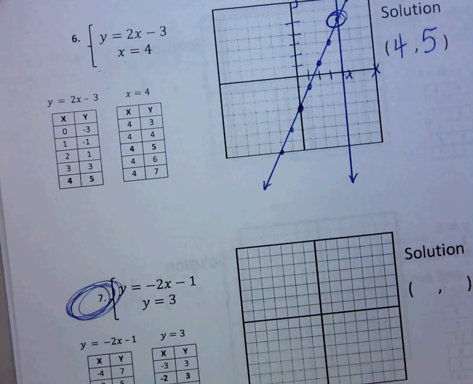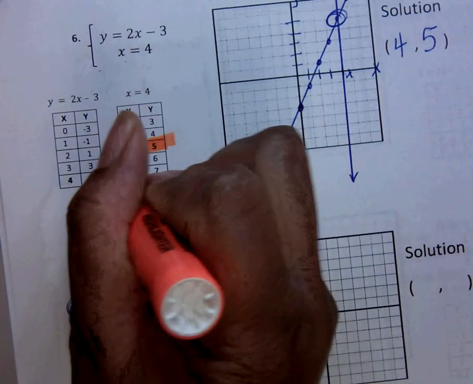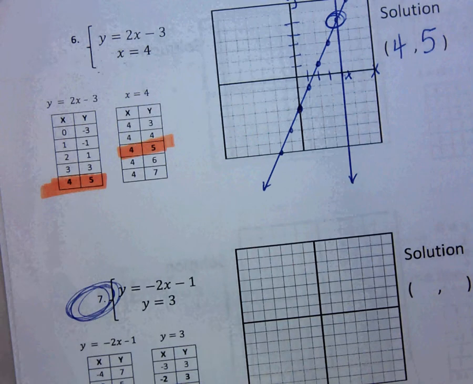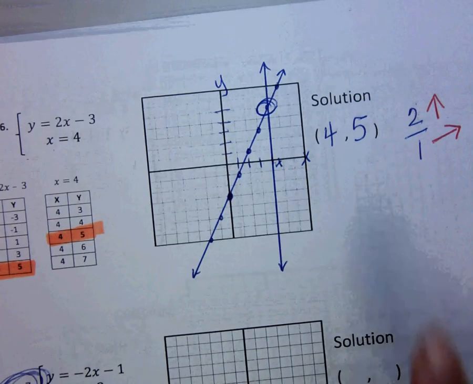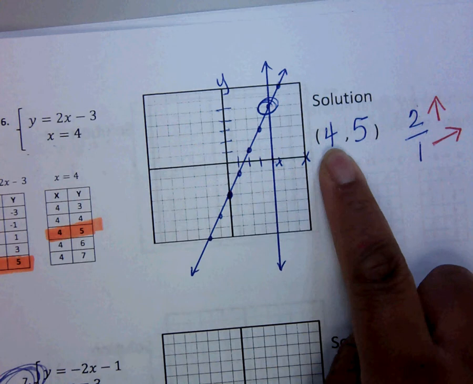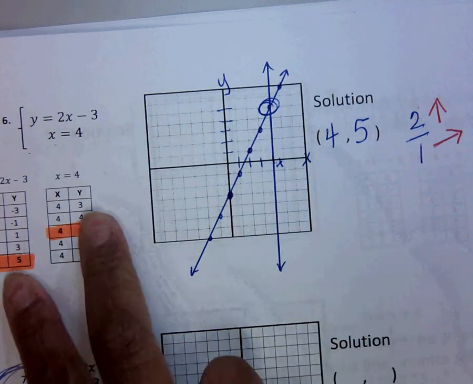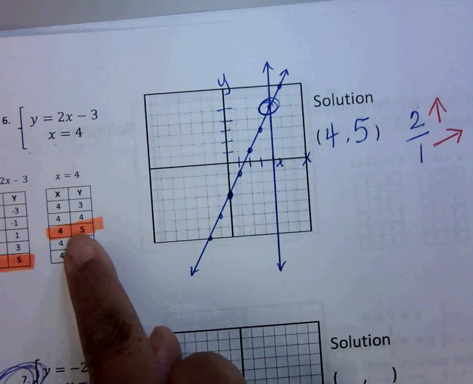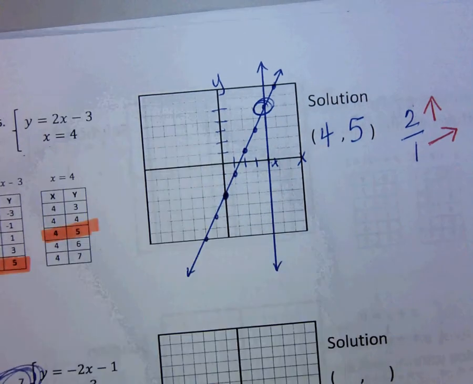4, 5 is the solution. So when you look on the table, you see that they both have 4, 5. They both have 4, 5. That is verification that that's the solution. You can even plug those in, plug 4, 5 into both of those equations, and it will